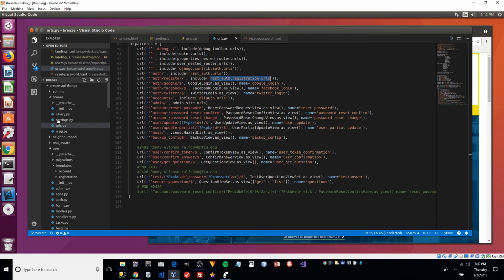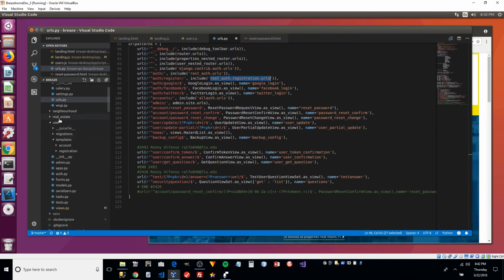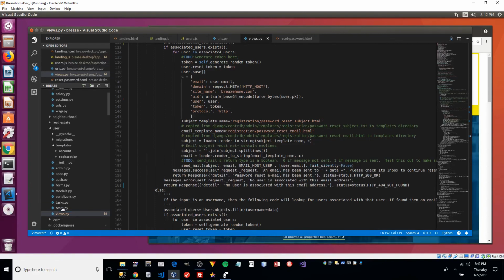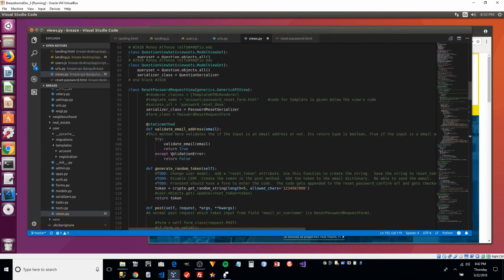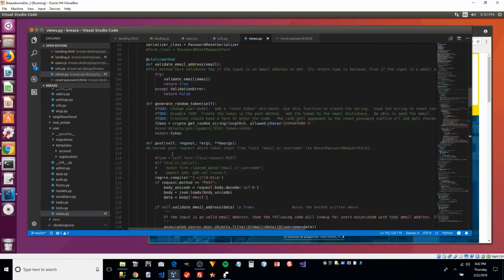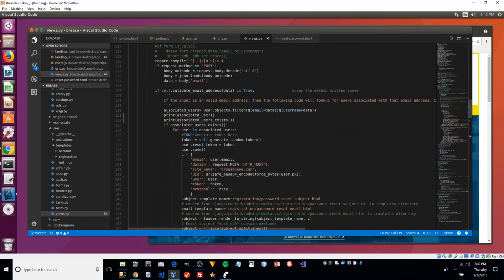So we call the account reset password, which is on line 102, and we're calling the reset password request view. The views are inside the user folder, inside the views file. So here is the reset password request view, and in the post, in line 122,